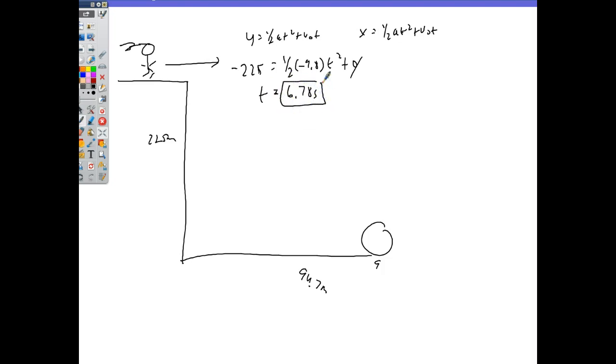Okay, next part. X equals 1/2 a t squared plus initial velocity times t. What's the acceleration in the x direction? 0. Oh, wait, we know she wants to go 94.7. What's my initial velocity in the x direction? That's what you're solving for. How much time did she have before she hits the ground? 6.78 seconds. Move that across. You get 94.7 equals 6.78 V naught. V naught has to be